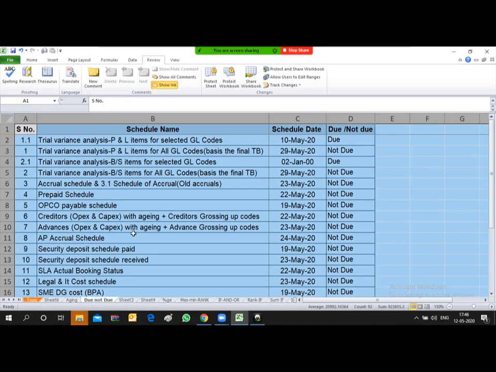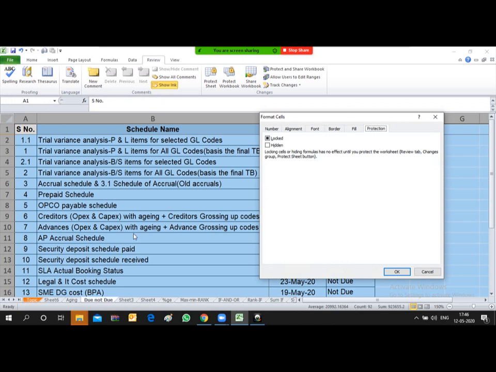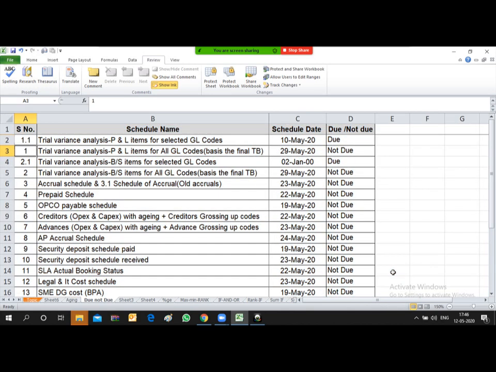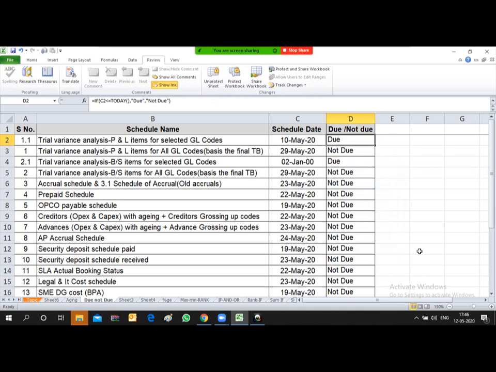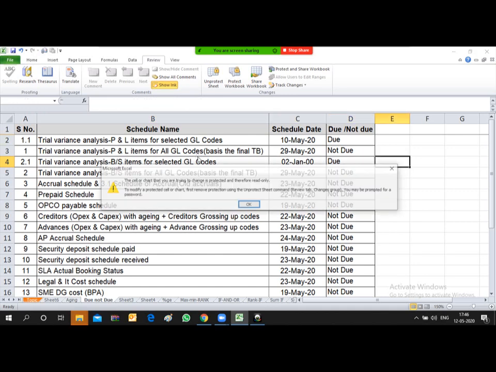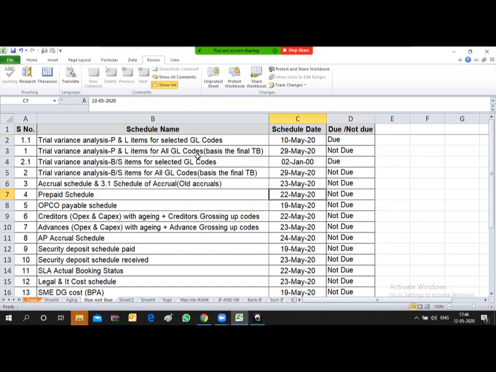Now after unprotecting, since I have already unlocked a few cells, let me lock them first, then only I will be able to protect the entire sheet. Now all the cells in that sheet are under locked condition. So now I will be able to protect the entire sheet. Now if you want to make any change anywhere in the sheet, no one will be able to change anything unless you provide the password.